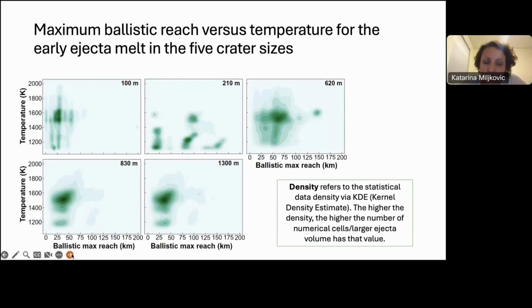The most probable landing distance for the volume of the ejecta that is meeting the temperature conditions for forming glass beads is around 25 kilometers. That's the most probable landing distance. But these are the so-called KDE, the data density distribution, saying these are the most likely landing distances, because we have ejecta going everywhere. So for the smallest craters at 100 and 210 meters, there we have these funky looking landing distances, and they're only because we've made